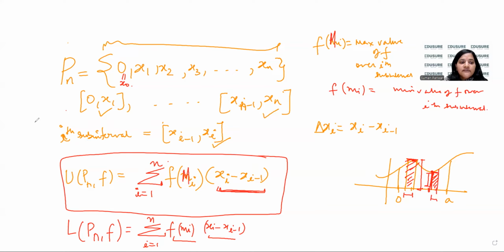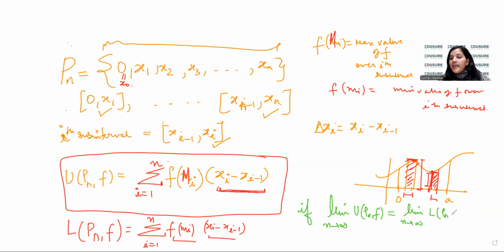So what we were discussing with respect to Riemann integration, now these partitions will keep on getting refined and refined. What do you mean by that? n will become larger and larger. We will try to increase the number of subpoints in these partitions. So when the subpoints increase, the lower sum will increase and the upper sum will decrease. So if limit n tending to infinity of U(Pn, f) is equal to limit n tending to infinity of L(Pn, f), is equal to I,